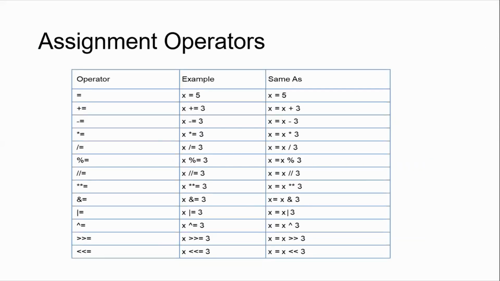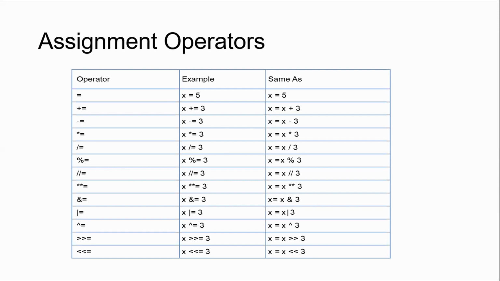Starting with equal to, the is equal to assignment operator assigns the value on the right hand side to the variable on the left hand side. We also have compound assignment operators wherein we can use any of the arithmetic operators followed by the is equal to operator. So let's say plus equal to, this is a shortcut. a plus equals to b means a is equals to a plus b. So it will add a to b and assign the end result to a. This is called compound assignment and it can be used with any of the arithmetic operators.